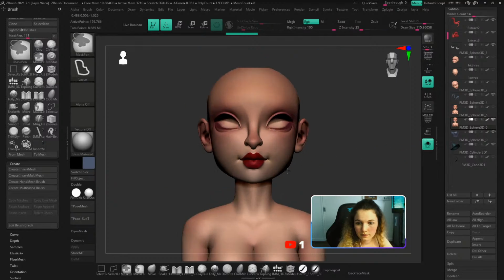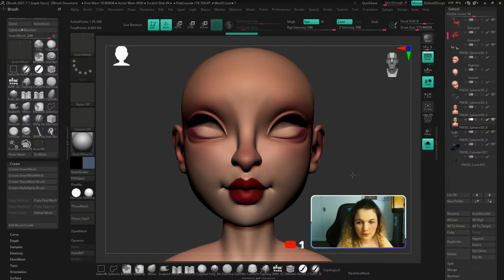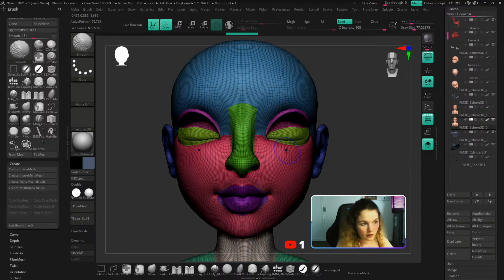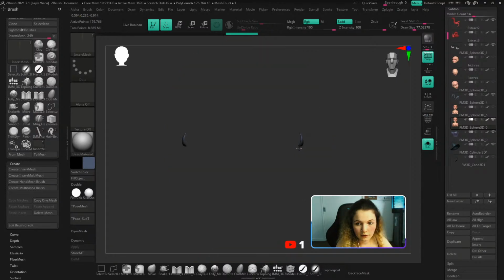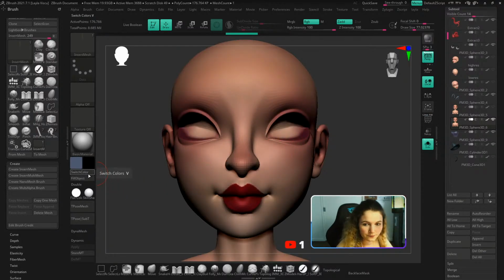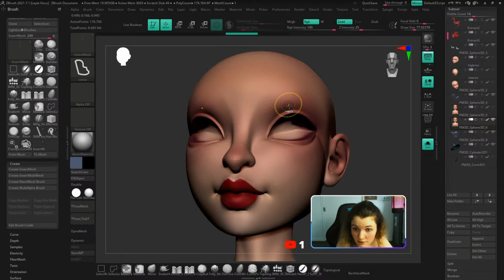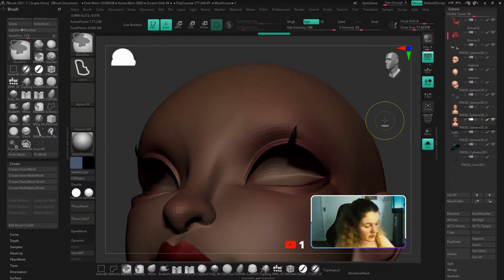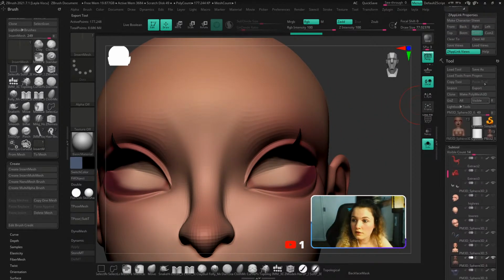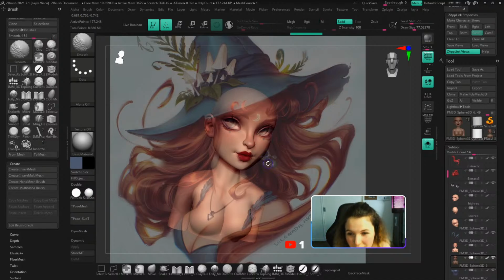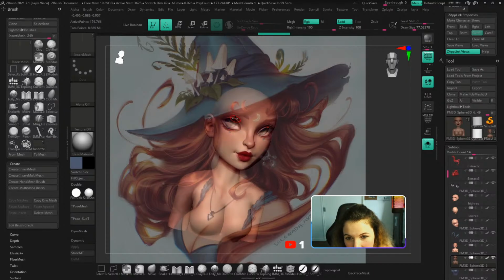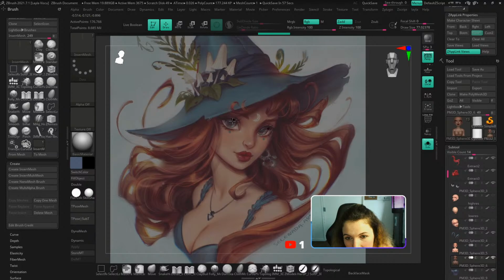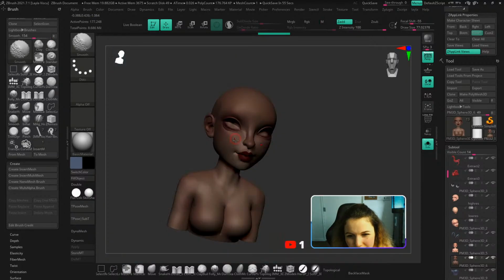Hide the other one. Turn on the perspective. When I click on it, I'm gonna drag out our lash. Just like this. Now we just gotta match it. Let's see if